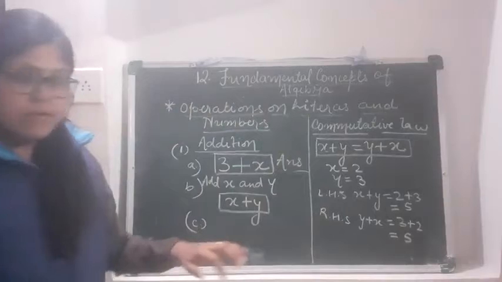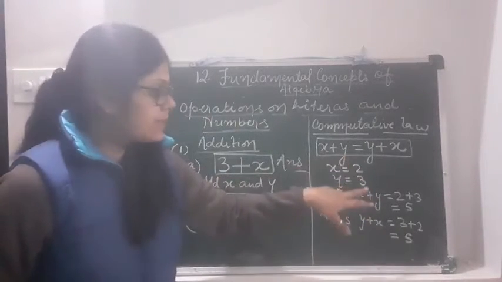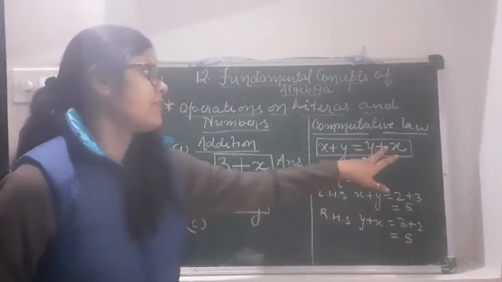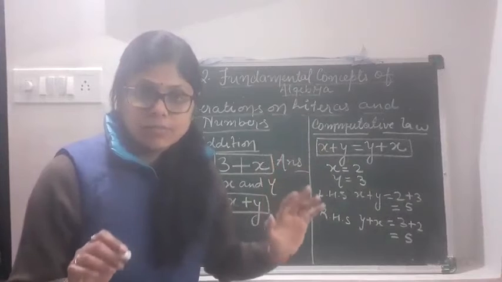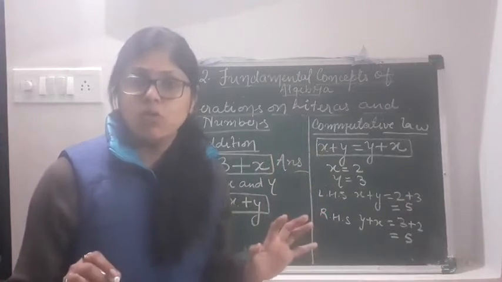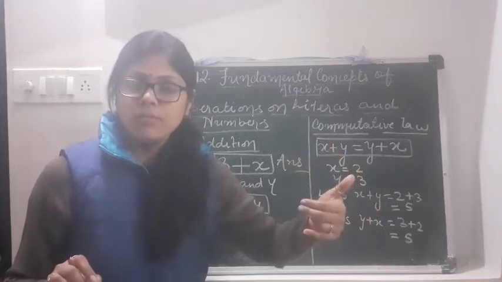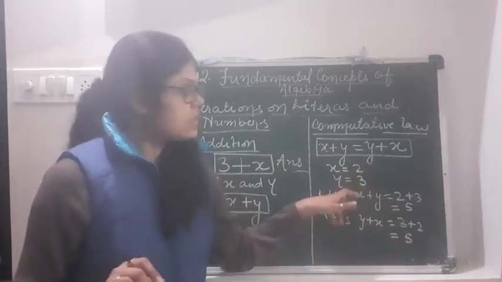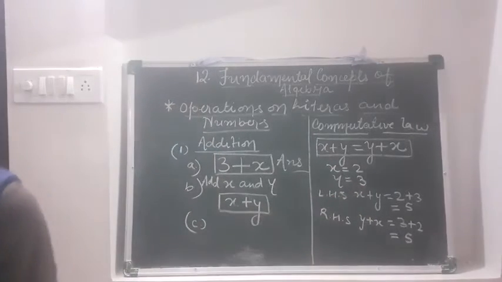So what you are getting from here is that when we add the left hand side, our answer is coming 5, and when we add the right hand side, our answer is coming 5. That means it holds the commutative law, as we have done in the operation of whole numbers and natural numbers. Same thing. So commutative law holds good here also. Now next is